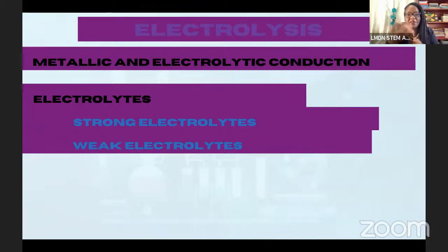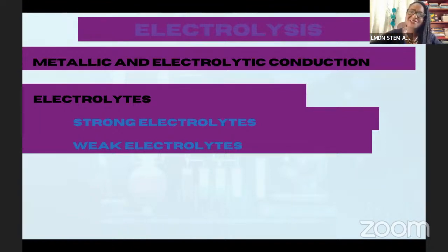So if we go back to our ionic crystals example, Aquila, we were saying how, say you have sodium chloride and you dissolve sodium chloride in water, all of those ions are free and liberated. So in that solution now, after you dissolve it, you have a high concentration of ions. And because ions are what cause the conduction and the flow of electricity, then we're good. It's strong because there are lots of ions that are liberated. It's fully ionized, right? A weak electrolyte is only partially ionized. It's like partial ionization.